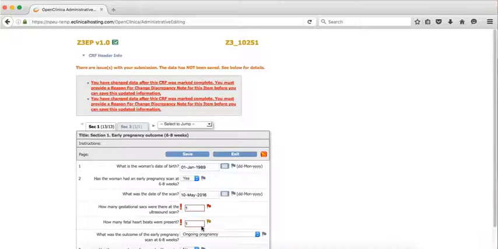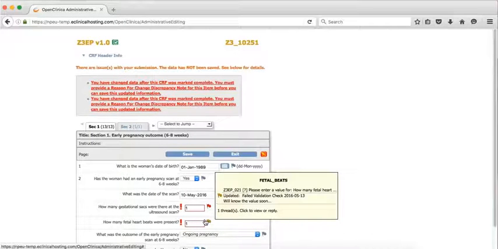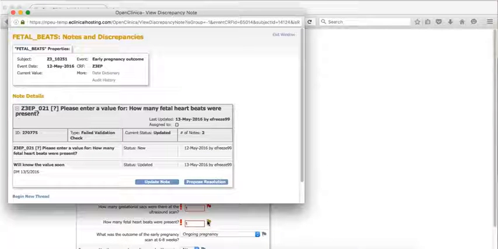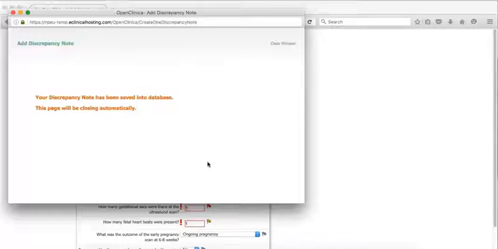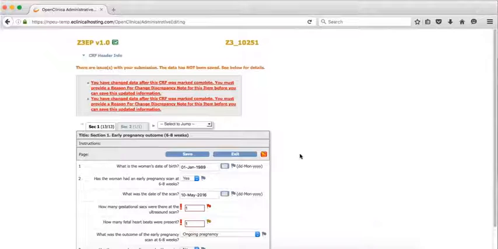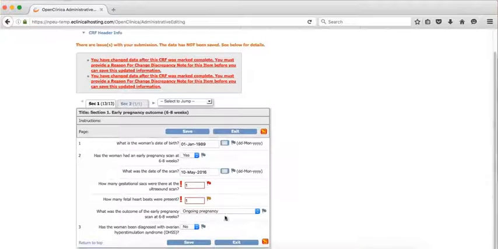Close the window, and likewise I must do it for the fetal heartbeats question. Click on the flag, press propose resolution. Again I must give a description. And press submit and exit, close the window, and now when I press save,